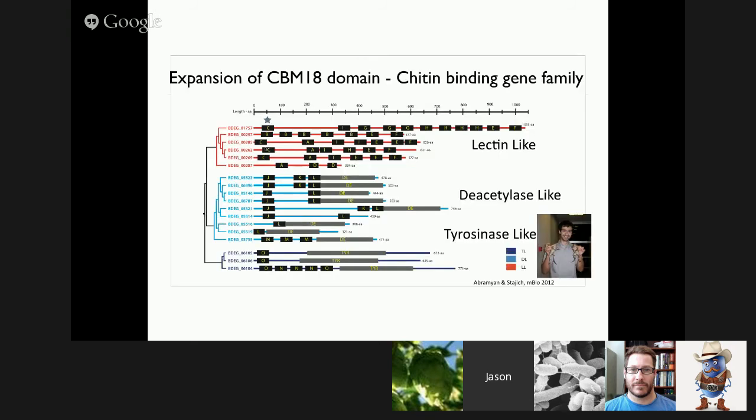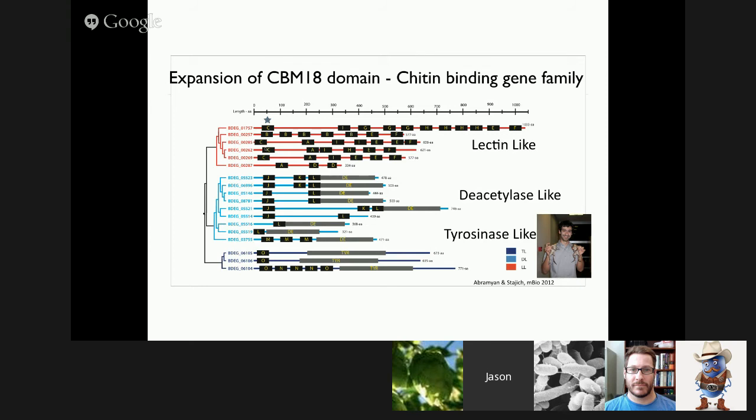One other observation, if you remember, there was one other family in there that was large called CBM18s, and so a postdoc in my lab went into this family and wanted to look a little bit more carefully at it, and he identified that there were multiple copies of the family, which is what you see here with the BDEG and the gene tree on the left. But what he also identified was that within the genes, they had multiple copies of this domain. So it wasn't just that the gene was multi-copied, but the domain itself had many copies. And so we classified them into different groups based on the secondary domain that we see present, this deacetylase or tyrosinase-like